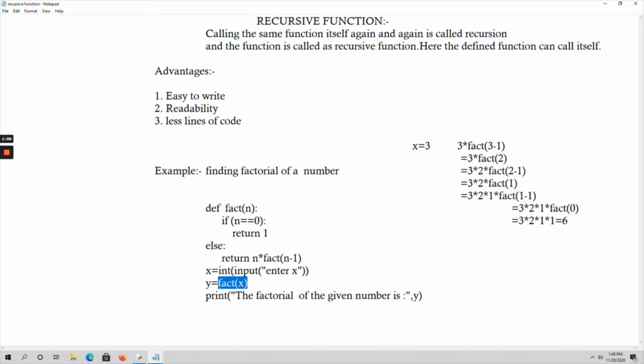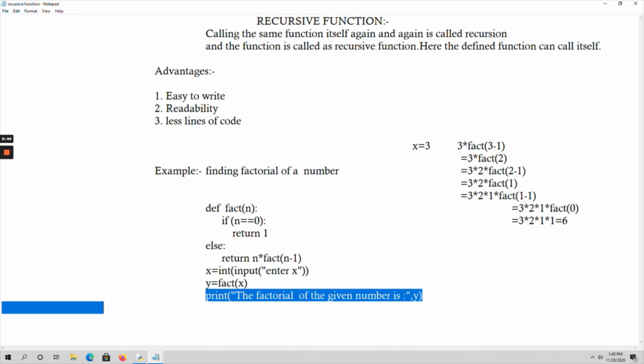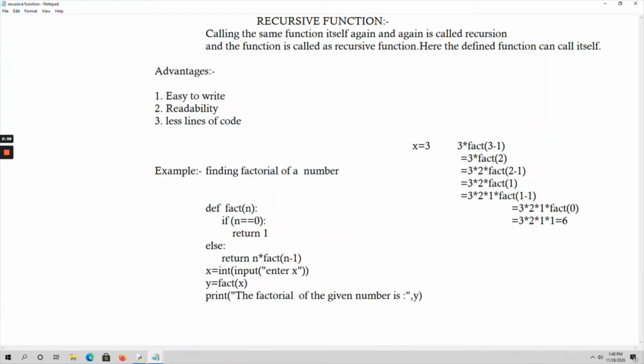So once this function call is made, what happens? The cursor comes to this function definition, right? So it returns some value by using this return statement. That value will be stored in y, okay. That means the result is being stored in y. Now I am going to print the value of y, okay. So that is the program. For that I have taken an example, that is x equal to 3, okay. Now let me explain this example program.